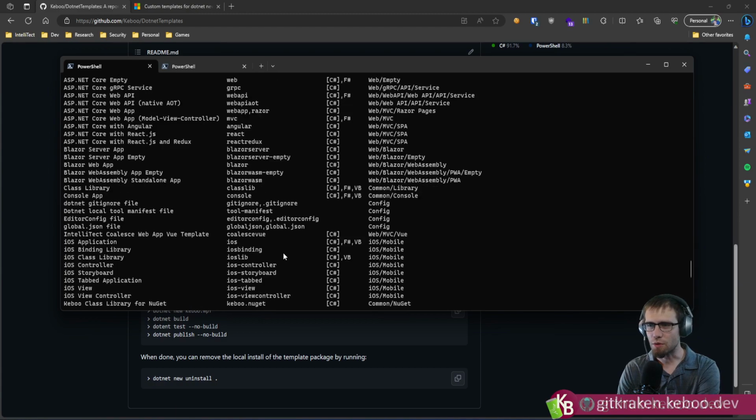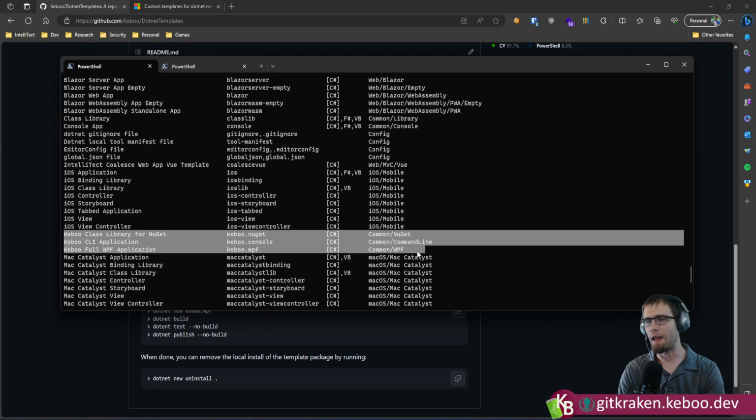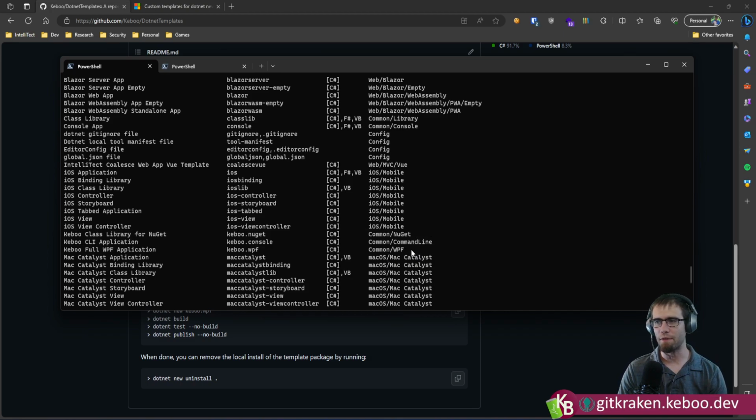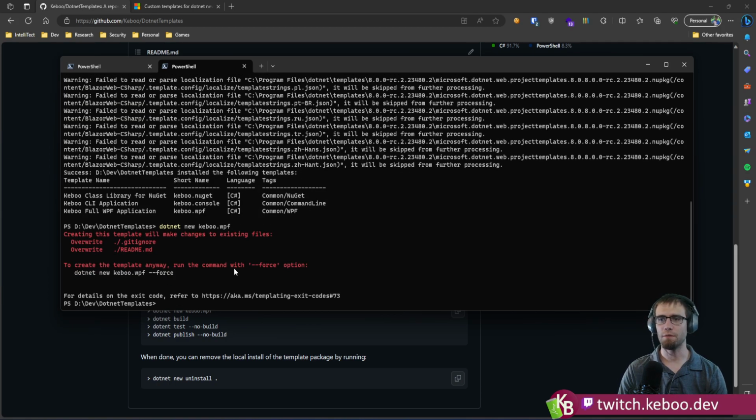I'm sure there's a way to sort these, and I just am too stupid to figure it out. But yeah, we can now find mine that I have in here. So I've got a one for NuGet packages, I've got a console app, and I've got a WPF app one. Great, fine. .NET new, you got to spell new correctly. That's very important. And so if we do this guy here,